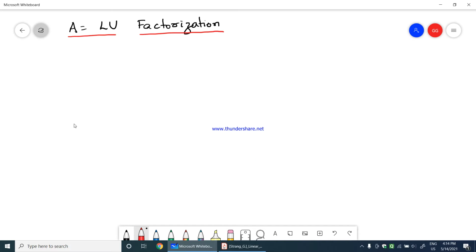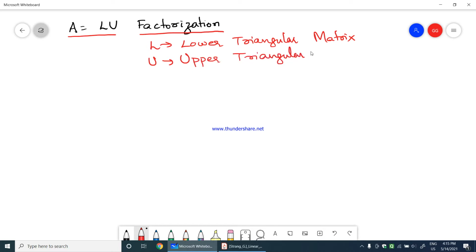In this video we will see how to obtain a matrix A with an LU factorization. L here is the lower triangular matrix and U is the upper triangular matrix. So the way we actually factorize the matrix A with an LU factorization is, I will have a matrix A